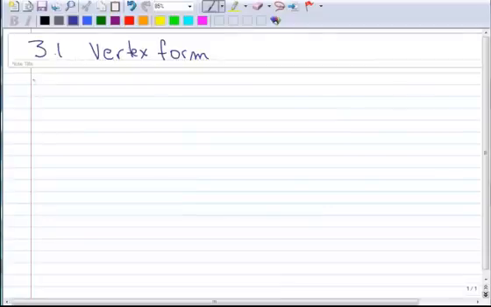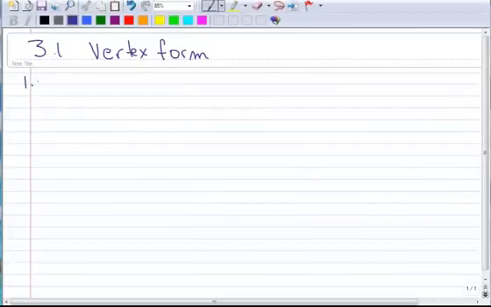Okay, this lesson is on vertex form of the quadratic. So you were to print out a worksheet to work on as we work through a couple examples here. So let's take the first one. So we are given the vertex